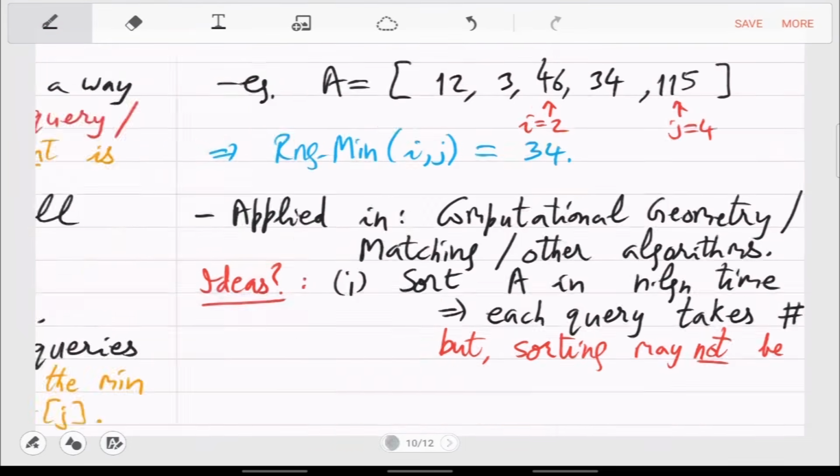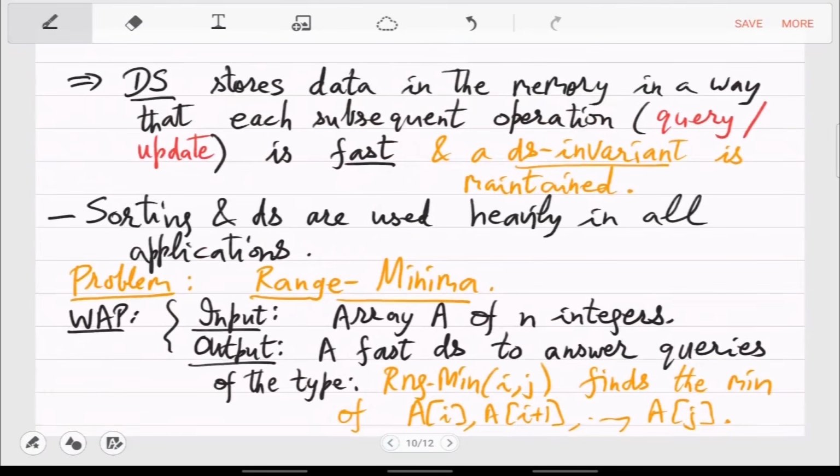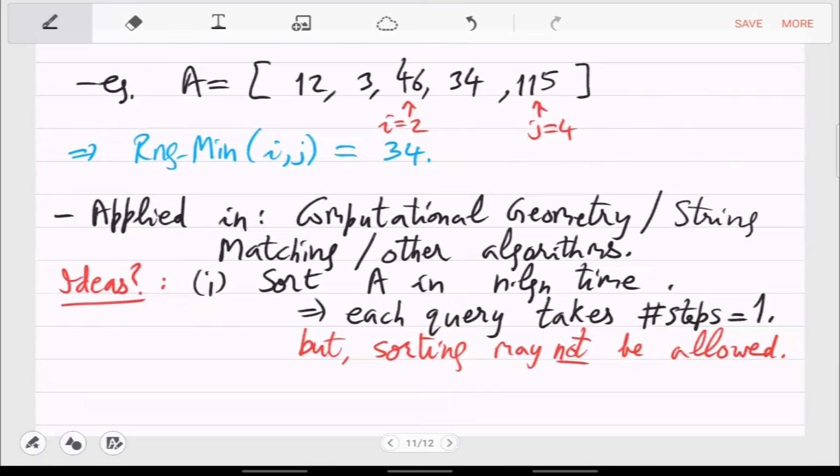Yeah, so that's an excellent point, which tells you that here you have to do something else. If you are in a problem where sorting is not allowed, you have to maintain the integrity of the locations of the values also. Then, yeah, you have to design a DS with this invariant, that location is not disturbed. Yeah, so with that constraint, then the only solution right now is do it sequentially. So that is the range min brute.